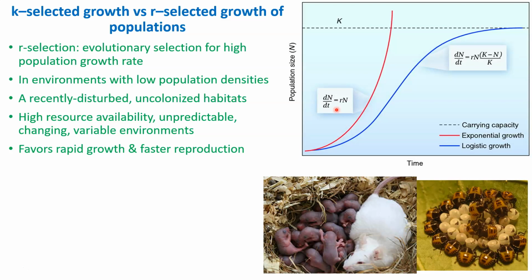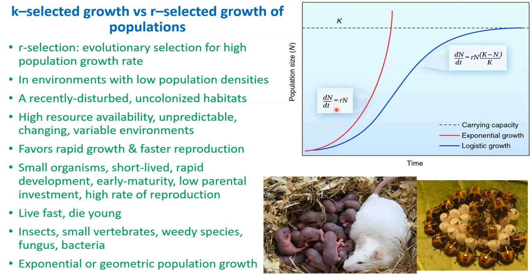Any organism adapted to that kind of habitat has to favor rapid growth, the ability to quickly assimilate nutrients and food, and reproduce faster. So many small, short-lived organisms can undergo rapid development and reach early sexual maturity, which requires low parental investment, and reproduce at a great rate, meaning very high fecundity,